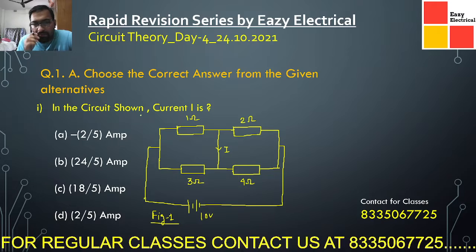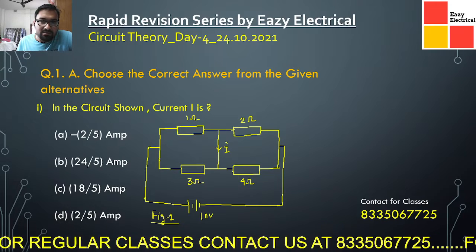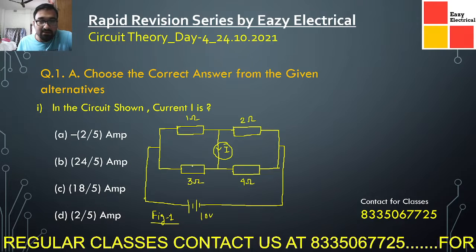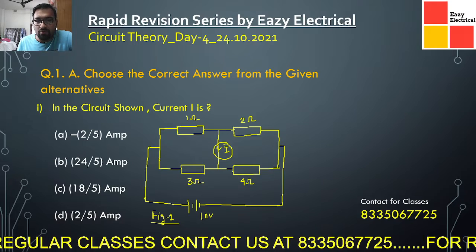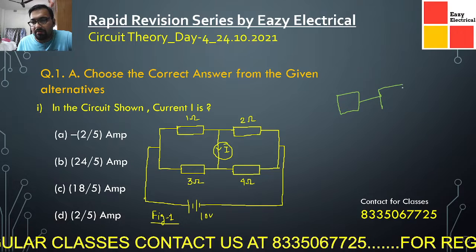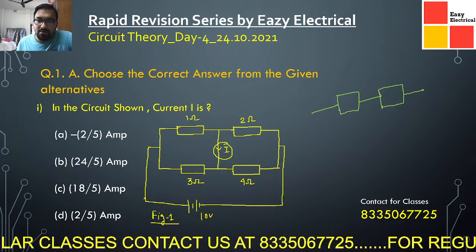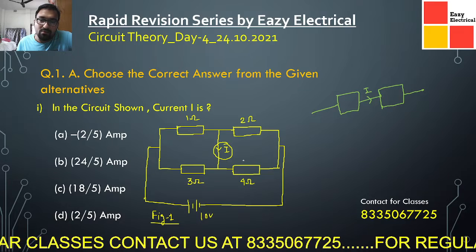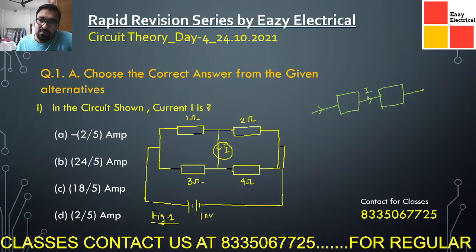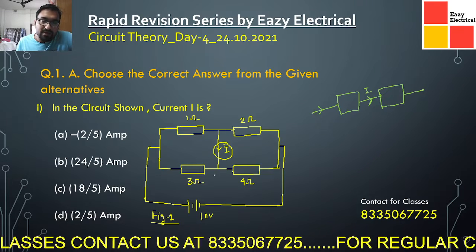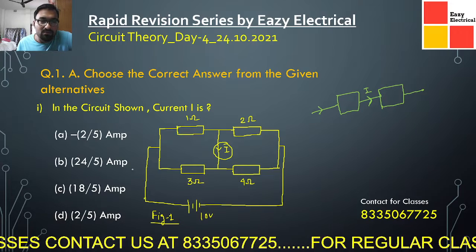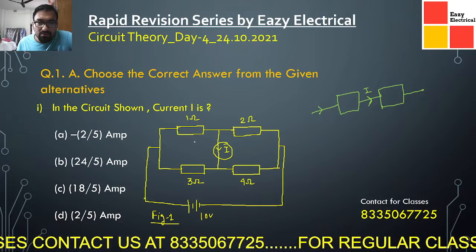In the circuit shown in the figure, current I is, so here you can see the position of the current I is in this direction, right? To determine the current in this path, see what it is stating. Suppose this is the block, and this is the block. This is the current I that we are talking about. Whatever current is entering this path is flowing through this path, isn't it? So if you calculate the equivalent resistance and divide 10 by the resistance, you will get the answer. Now just do it once again.